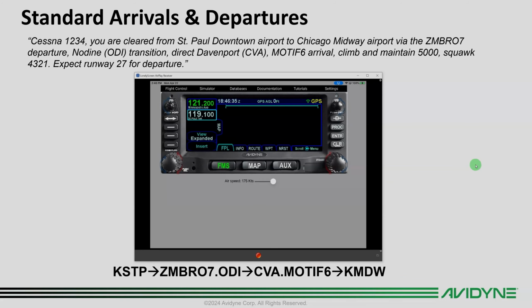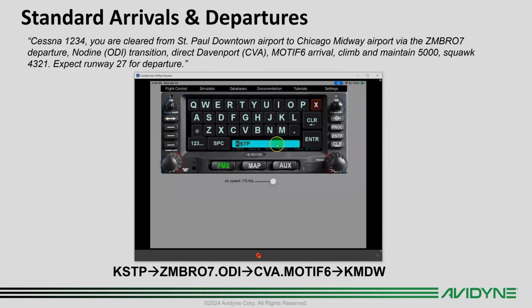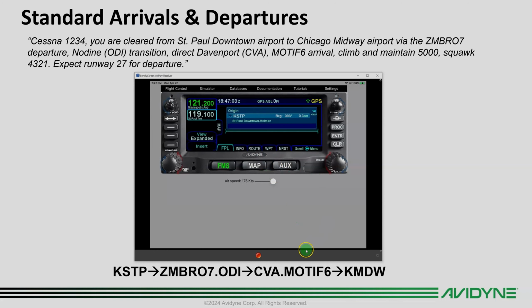Okay, here's our simulator, and we're going to be sitting on the ground at St. Paul downtown, so I'm going to put in an origin. On your IFD in your airplane, you would already know where you're at because your GPS is receiving a signal. But for the simulator, we'll just touch anywhere on the screen and we'll touch origin. And of course, I've already had it in there, but if you needed to, you could type in KSTP. So there we are sitting on the ground,